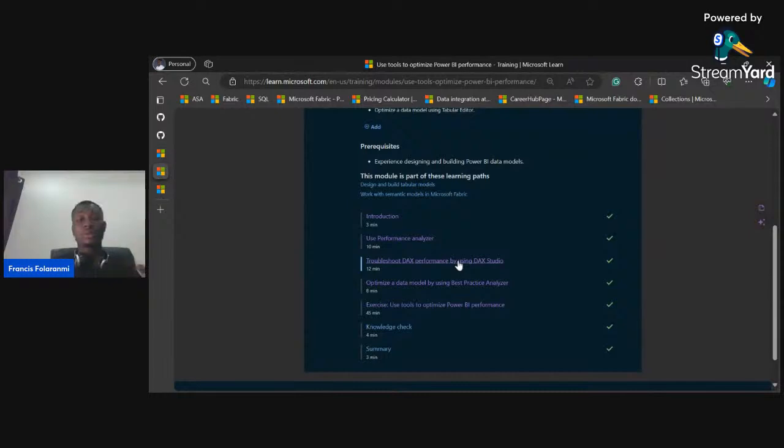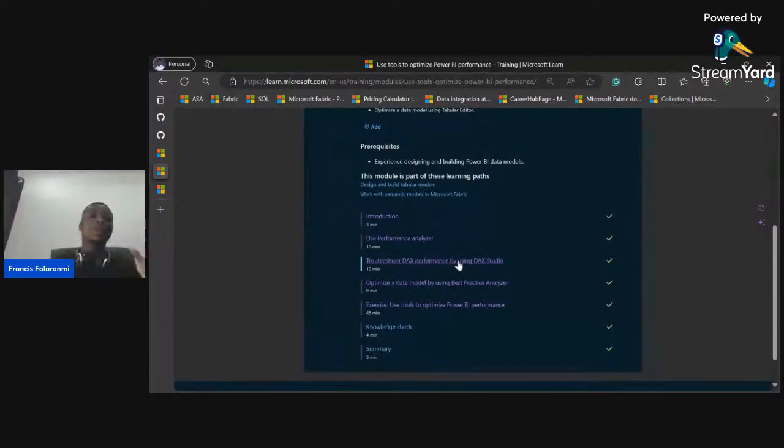So one use case for the question I remember now when it comes to this optimization is that you have a Power BI report, and that report used to render in about 2 minutes or less, but now it's taking about 15 minutes to render. Then, in what order are you going to optimize this report? And then you see options like, okay, you go to Performance Analyzer, you run that Performance Analyzer, you copy out the DAX query,